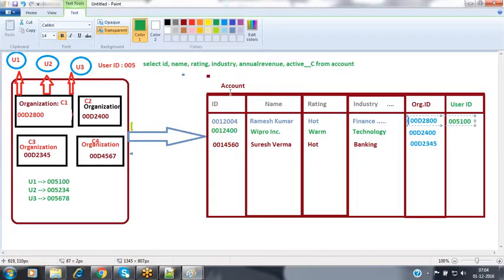Based on that user ID, it identifies whether this user has the rights to modify this record or not, whether this user has the rights to delete this record or not, whether this user has the rights to view this record or not. We can specify those permissions also with the help of the security features. So this is the basic concept of why we have to go for security. What is the need of configuring security in Salesforce?